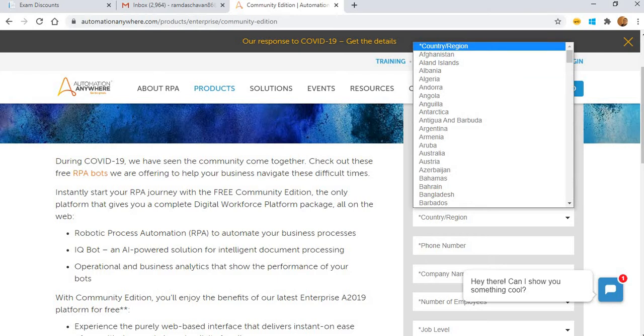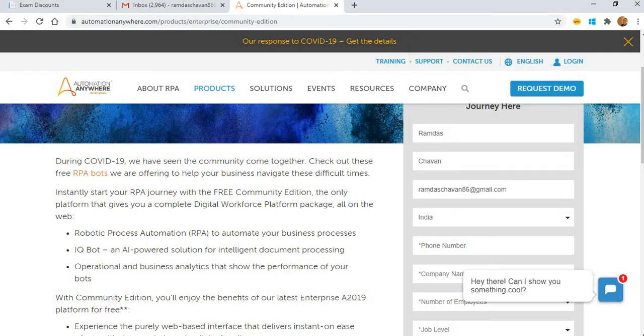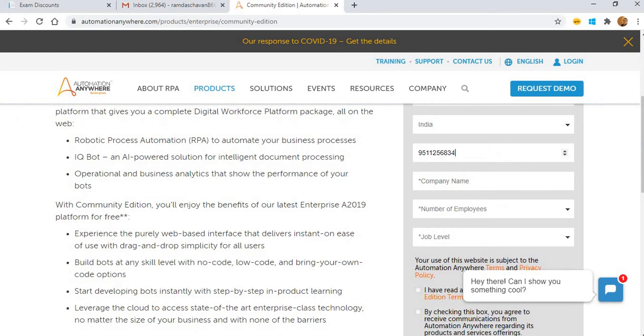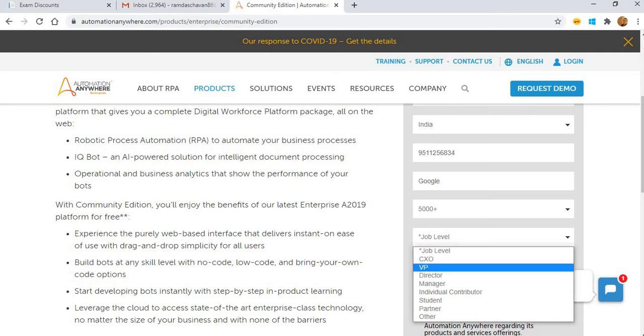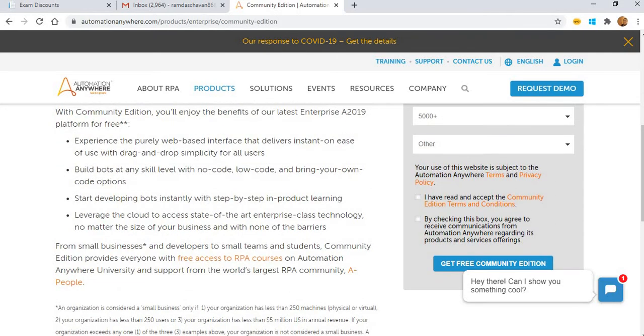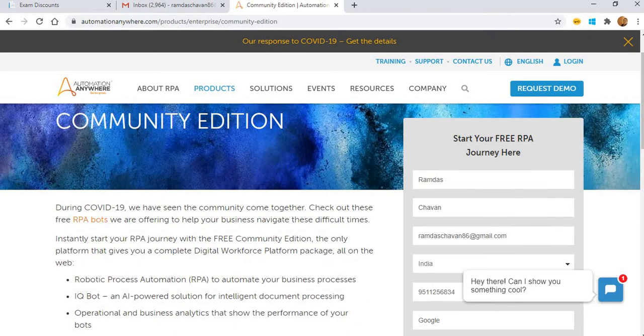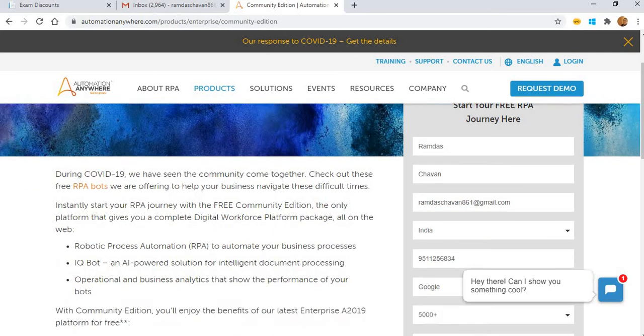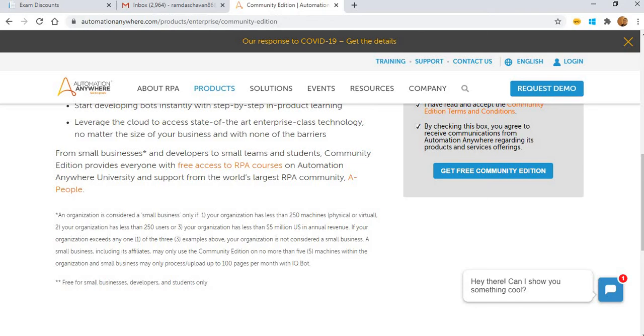You can enter your country, so India, your phone number. Okay, company name, you can enter whatever company you are working for. So I'm just entering a sample example, Google. Number of employees, more than 5,000, and job level, you can enter whatever you are, a manager, director, student, partner, or you can enter other. After clicking on this yes and this one, you just need to click on Get Free Community Edition. Once you click on this,